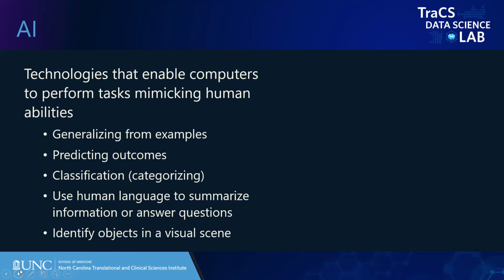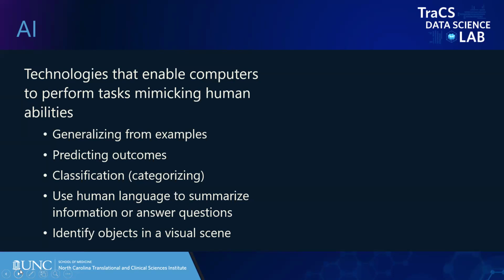And then another big use is computer vision. So this is where the computer learns to identify and track objects in a visual scene. And this can be done in static images or in video. And this can include applications like facial recognition, or I actually recently heard about an application that's almost the opposite. So they were using AI to scrub all information out of video that could be used to identify individuals.